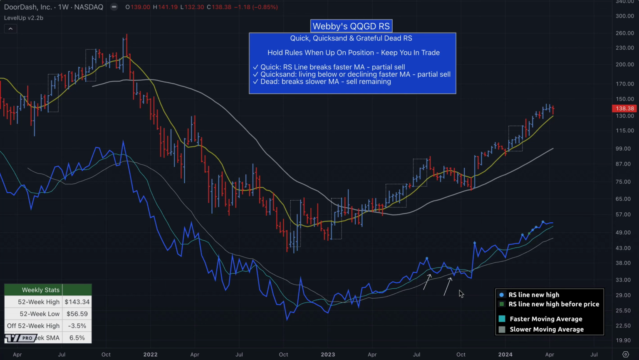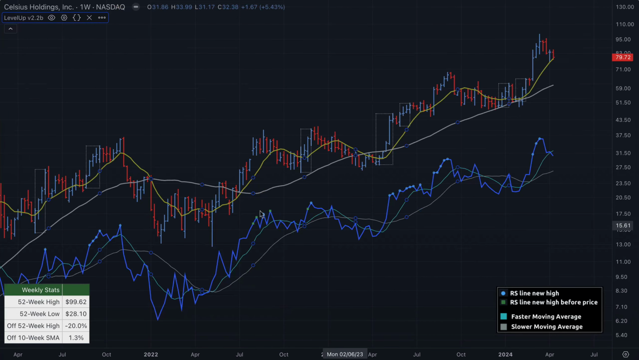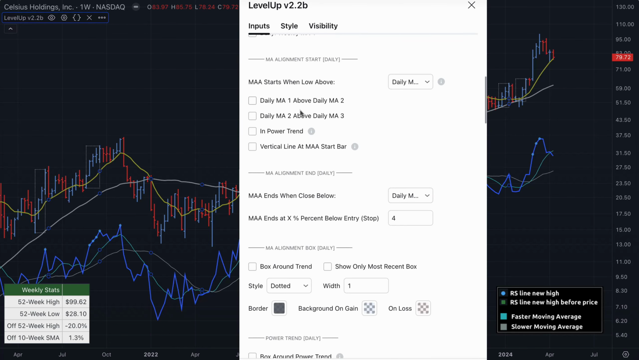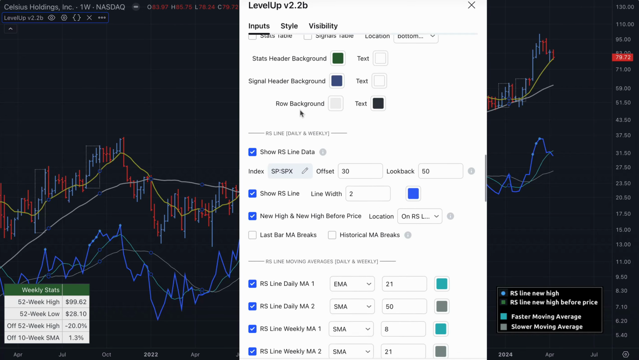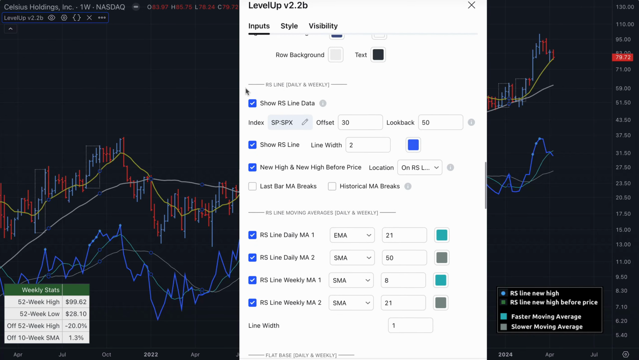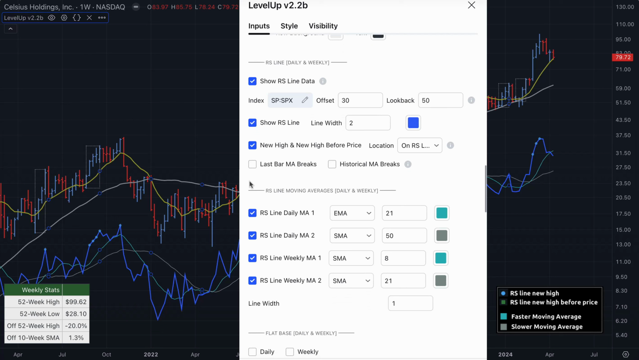So let's head over to a new chart. This is Celsius Holdings. We're still on the weekly time frame. If I bring up settings, I'm going to scroll down to the section that begins with the RS line. Up here on top is all the data that is for the RS line itself, and down below we have the moving average information. There's two moving averages for the daily time frame and two for the weekly,